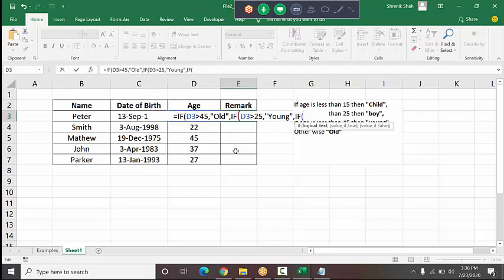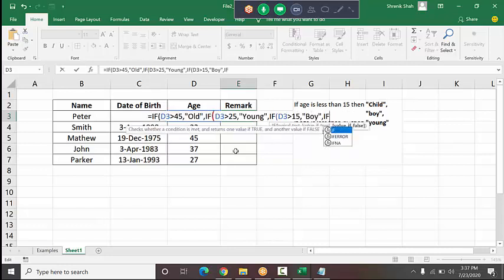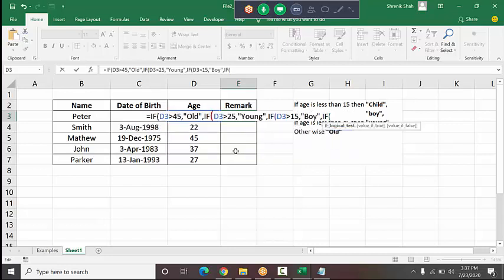I check one more condition: the value D3 is greater than 15, I type boy, and again I give a comma to check another condition, that is the value in D3 is greater than 0. Okay, from greater than 1 I print what? Child. I complete the double quote.